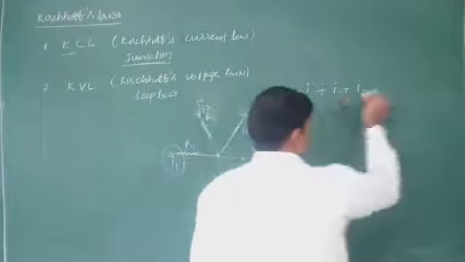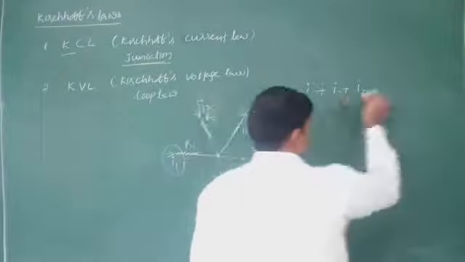Here, observe, current is moving in this direction and we are moving in the opposite direction. This means we are moving from lower potential to higher potential, so the potential value increases. The potential VD is more than that of VC. So the potential increases when we are moving from C to D. That's why here we kept the positive sign, because the potential increases: plus I4 into S.